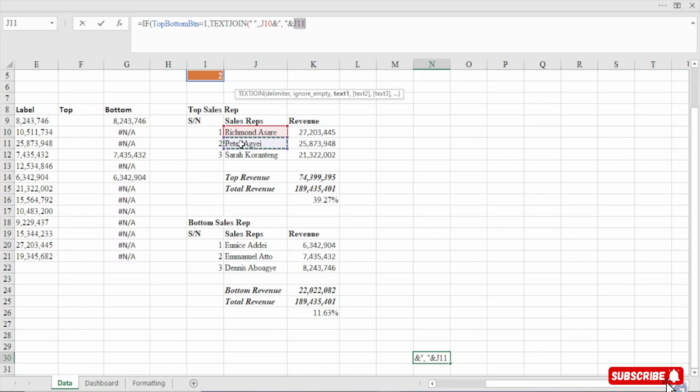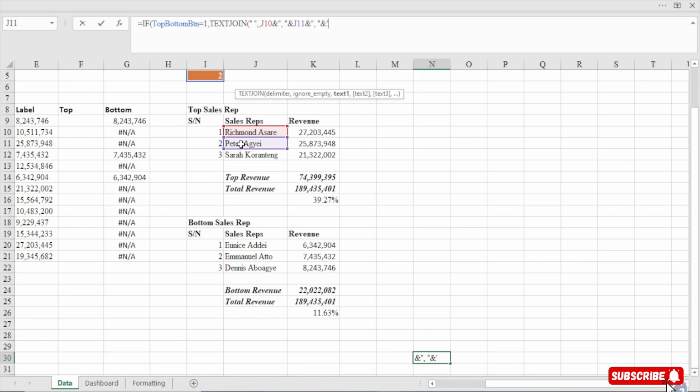So we are going to see Richmond Asari, comma, Peter AJ, Sarah, and Sarah Cranton, and so on. You see it, yes. So that's what we are doing. So just follow me closely. We concatenate it with a double quote, and then comma, space, we close it, we concatenate it again.